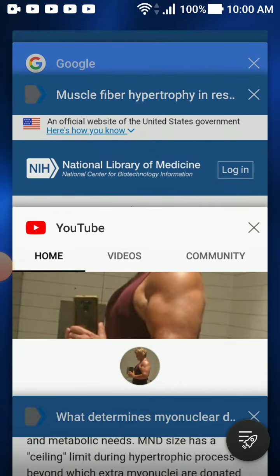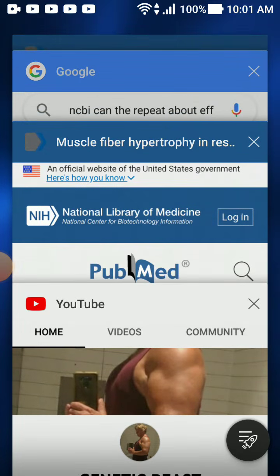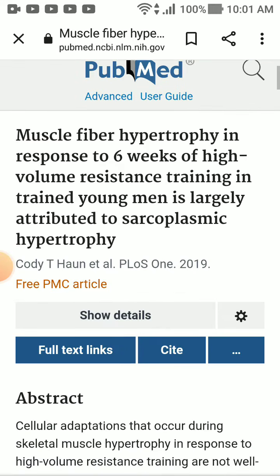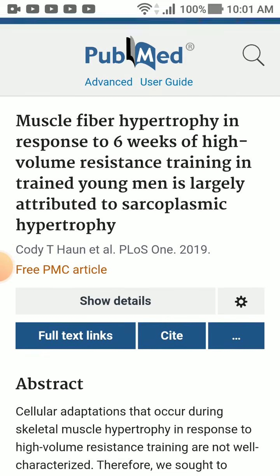Okay, this is an easy explanation. I'll explain this really quick again. So in trained people, I didn't say untrained people. When an untrained person comes to the gym the very first time, they get an influx of these myonuclei, and they further that domain. After that, there's no more because myonuclear domain size has reached the ceiling limit. It can't support any more. So what happens? It goes into a secondary shift.